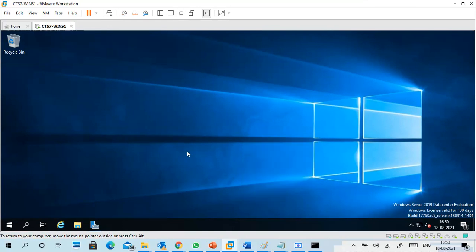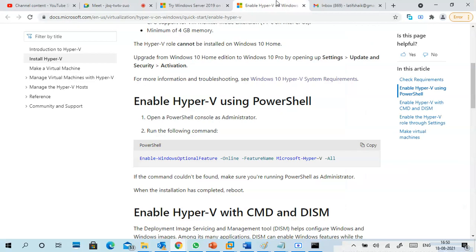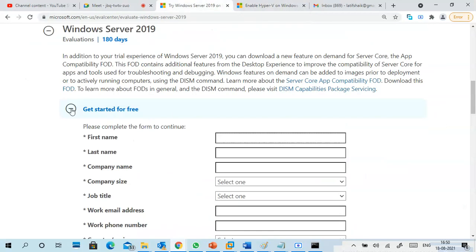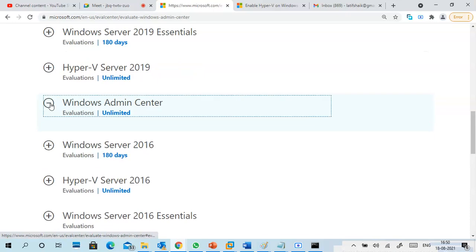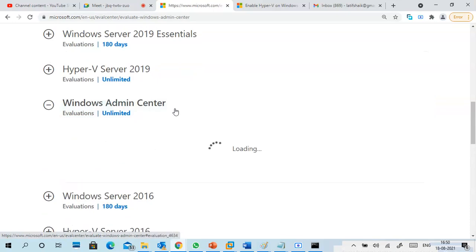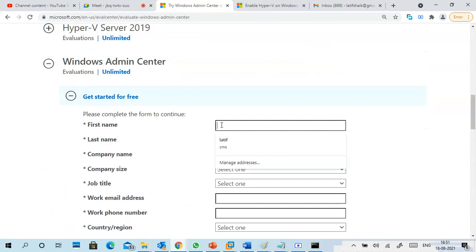Also, I will download Windows Admin Center. I have an administrator center, but it is very old. Continue.